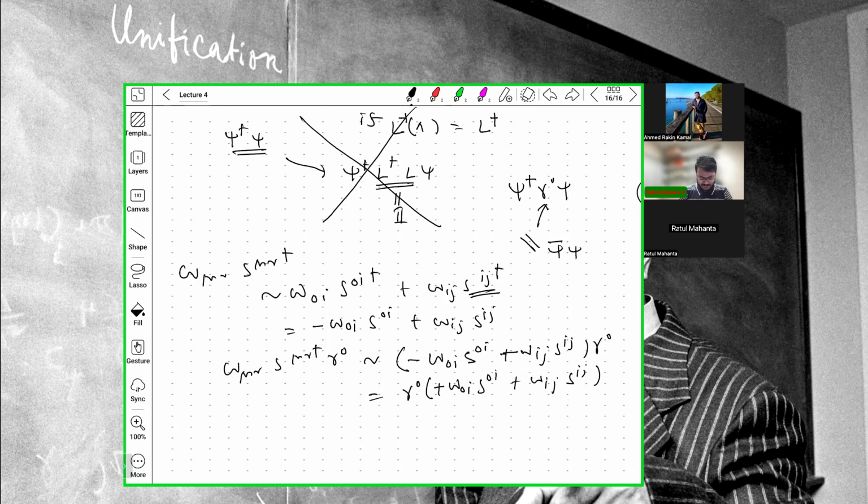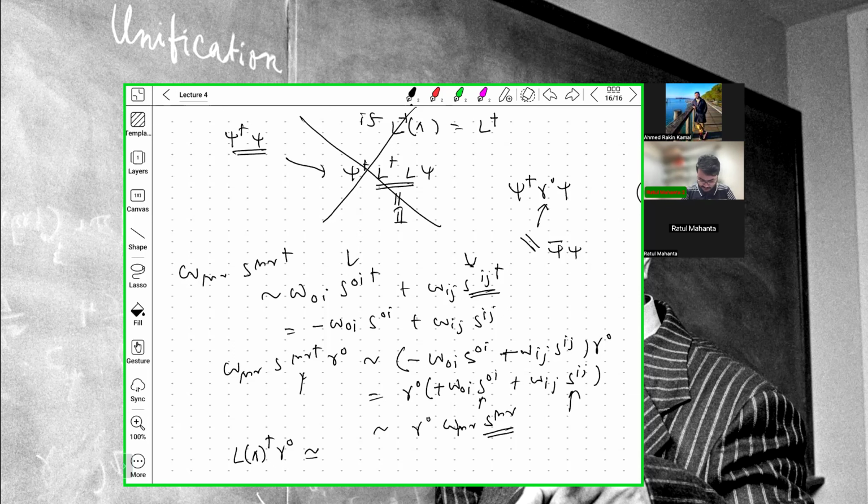So you can see that this is S^{mu nu} now, because I have used the dagger already here to make it related to the without-dagger terms. Okay, so using this, you can actually show L lambda dagger gamma 0 is